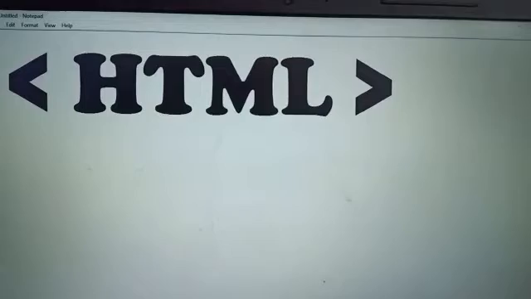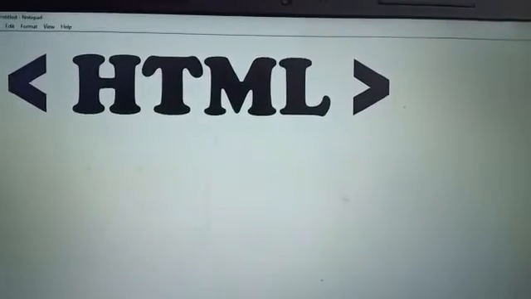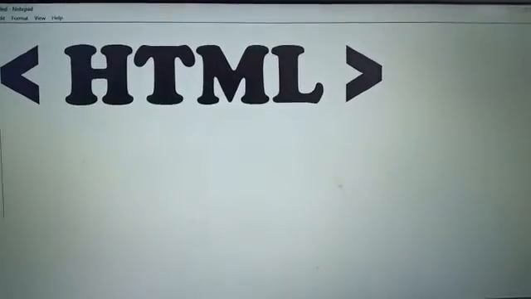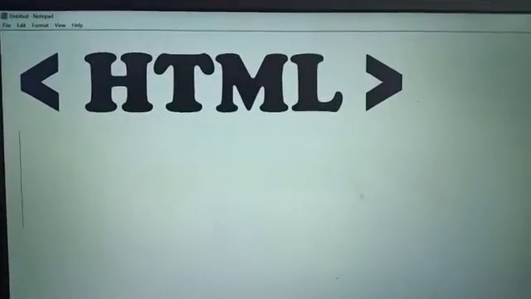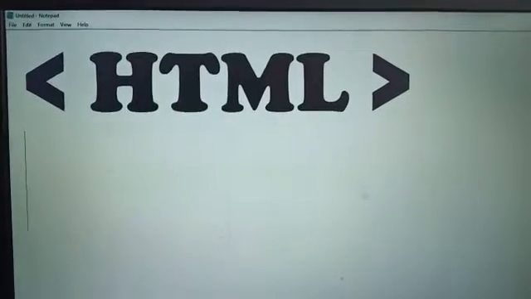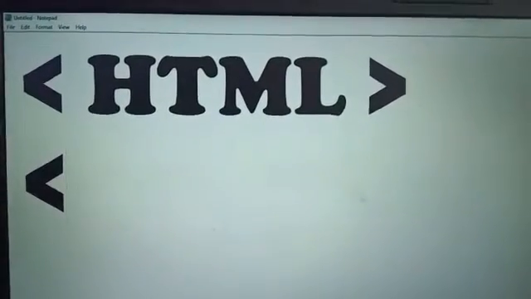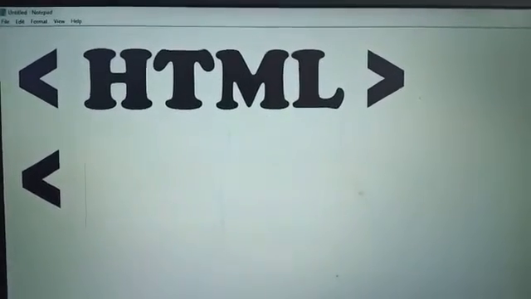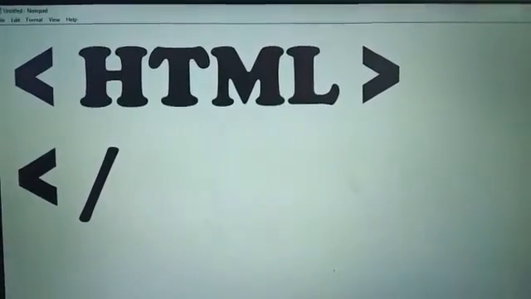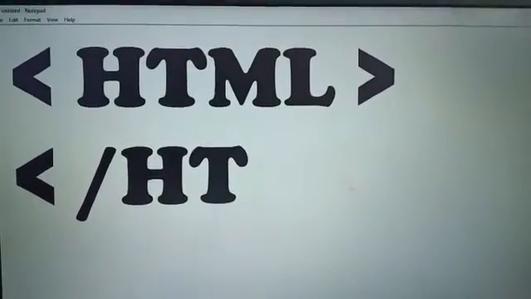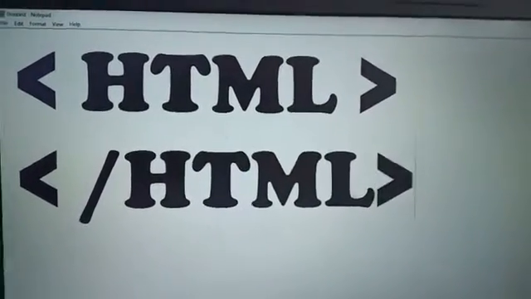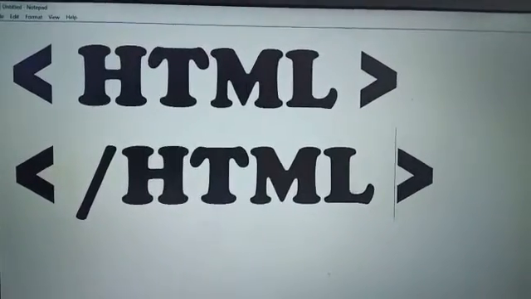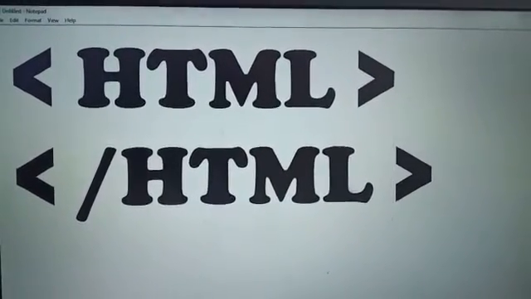When we complete our coding related to this tag, we have to close this tag with the help of the next angular bracket. We open the angular bracket, then put the slash sign and then write down the name of the tag. This statement closes your tag.